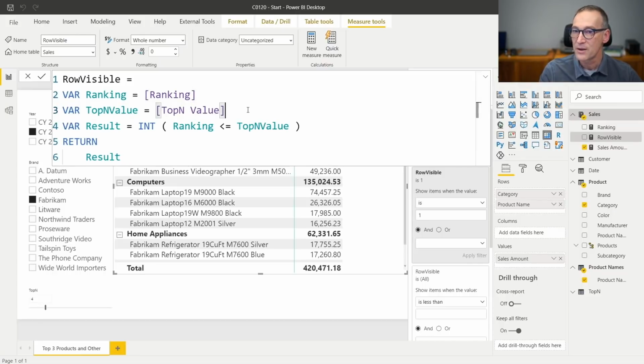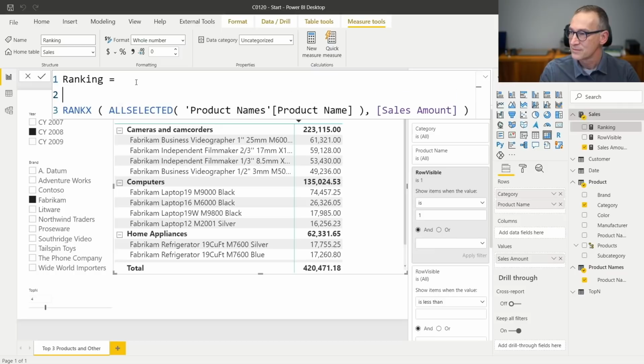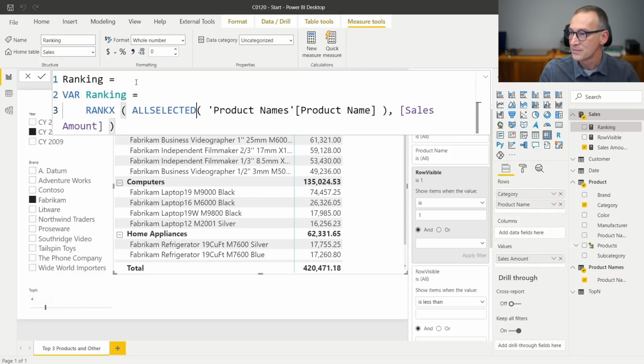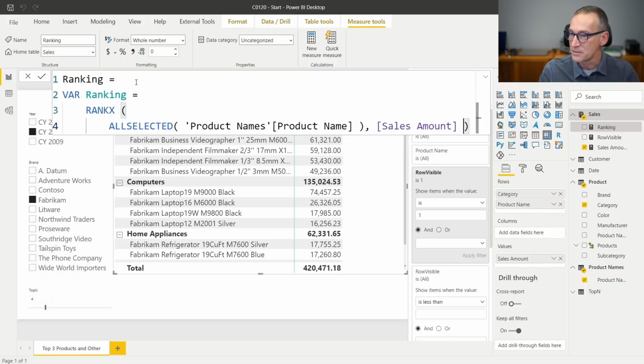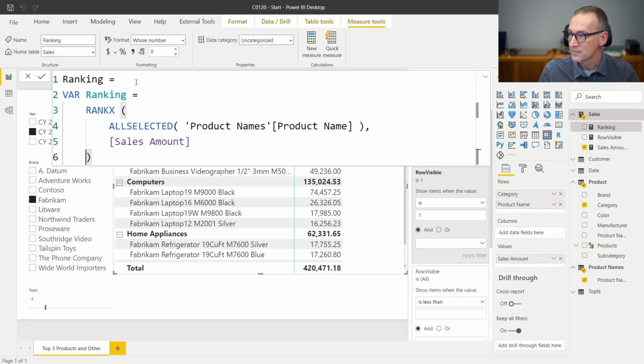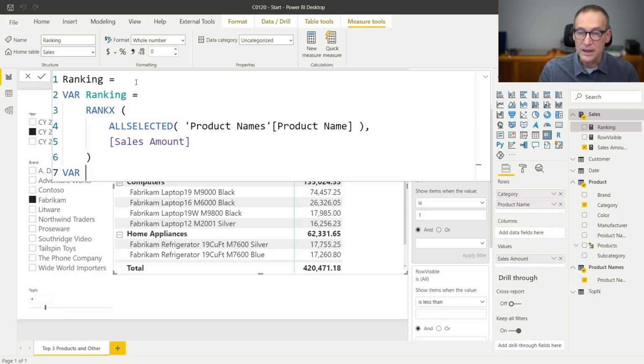We can add further logic to it that says, well, show the row, or we can actually do that with the ranking. It's probably easier. We change the ranking and we check. First of all, we compute the ranking, and that is fine. Let me also format the code in a better way. But we also check if the others rows is visible or not. So in order to do that, we need to check if is other selected.